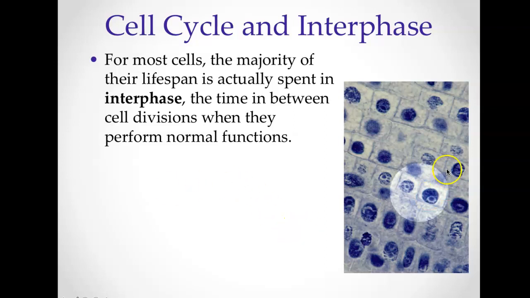So if you look under the microscope, these are plant cells, and you can see that they are square-like. That's how I know that it's a plant cell, because it's square-like because of the cell wall. If it's in interphase, it's going to look kind of like this. Nothing's really happening.